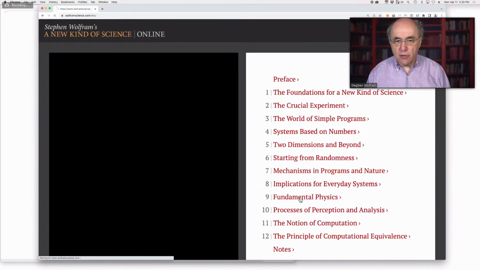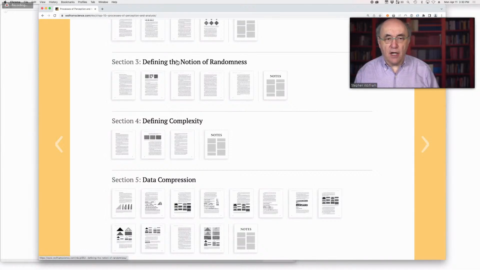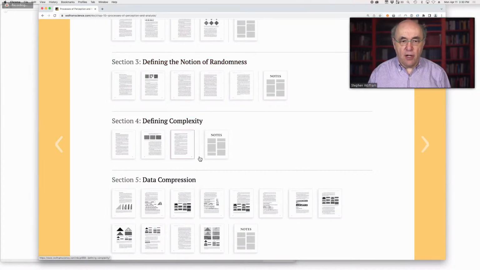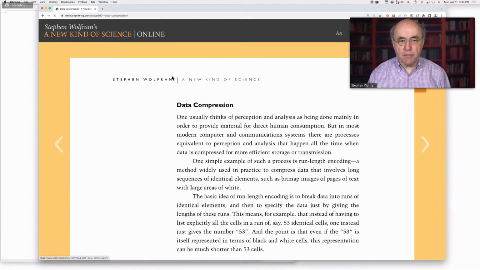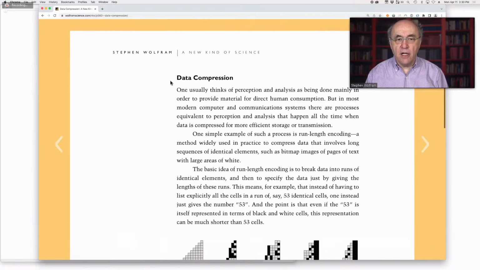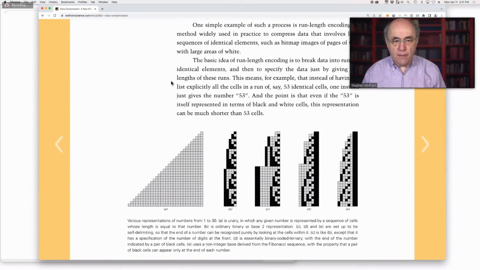Okay, so returning to chapter 10 here, after these discussions about randomness and complexity, we head for a very specific kind of question, which is data compression. Data compression is deeply connected to both our definition of randomness and our definition of complexity. What is data compression? What we want to do is to have some way to use the regularities that exist in data to specify it more compactly than by just giving every bit in the data.